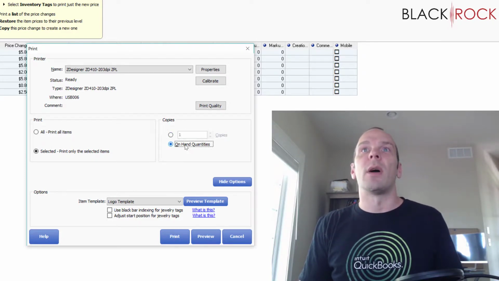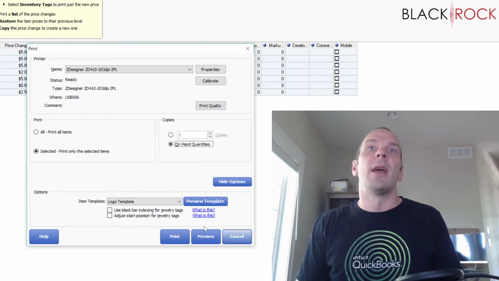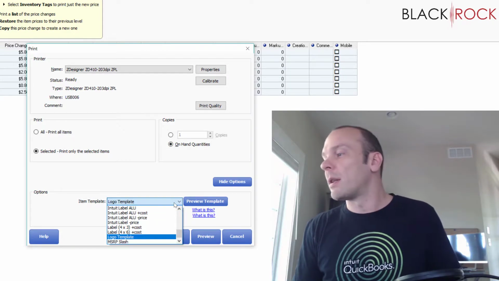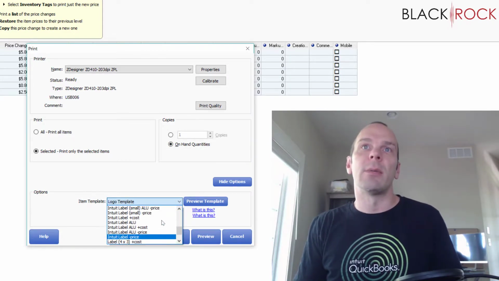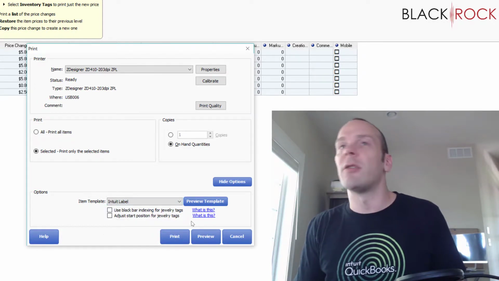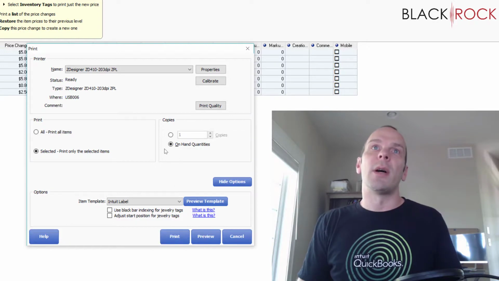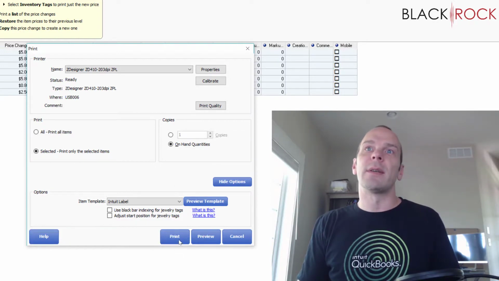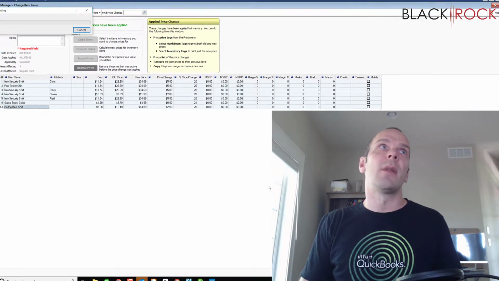And we're gonna do on-hand quantities. And I am currently on the regular label, Intuit label, which is the 1.25 by 2.25. So on-hand quantities, print only selected items, there we go. It's printing,